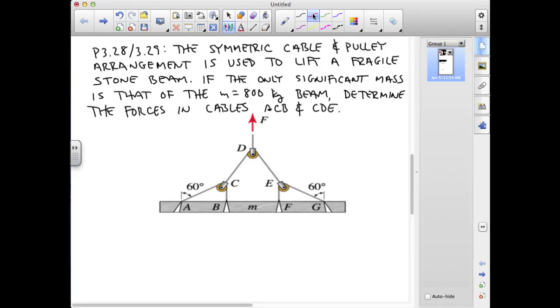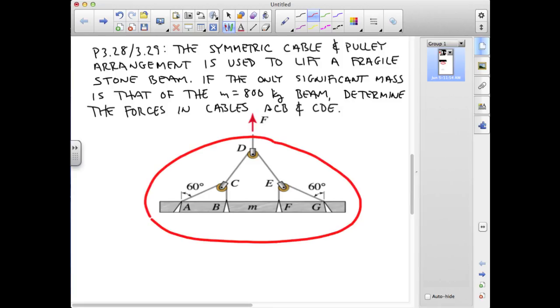Formally, we could get it by drawing a free body diagram around this entire thing. If we do this, then the only forces that we have to worry about are the force F and then the weight of this beam, and the weight, of course, is not the mass, it's equal to m times g, and if we put in 800 kilograms for the mass and 9.81 meters per second squared for the gravitational acceleration, this turns out to be